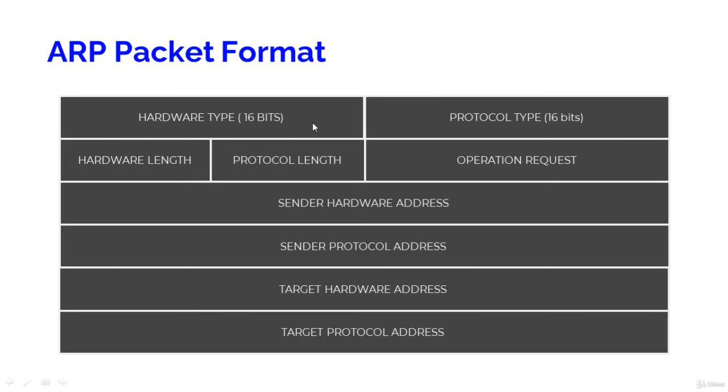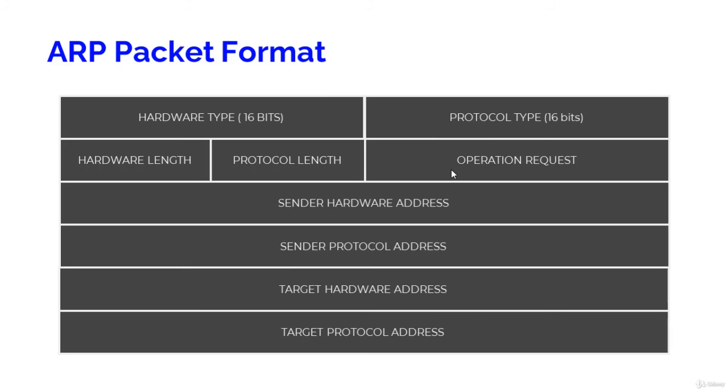So let us have a look at ARP packet format. Hardware type. This is to specify the kind or the type of hardware used by the local network for transmitting the ARP messages. The next is the protocol type. It is used to assign a fixed number in this field. IPv4 has a number 2048. Hardware size. This is the length in bytes for the MAC address. Generally, we see the Ethernet has a MAC address of 6 bytes long. Protocol size or protocol length. It represents the length of the IPv4 logical address.